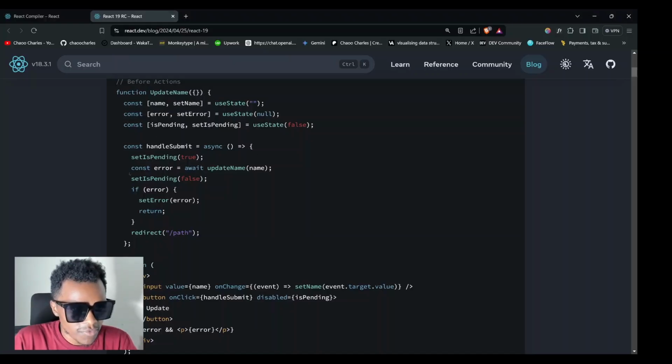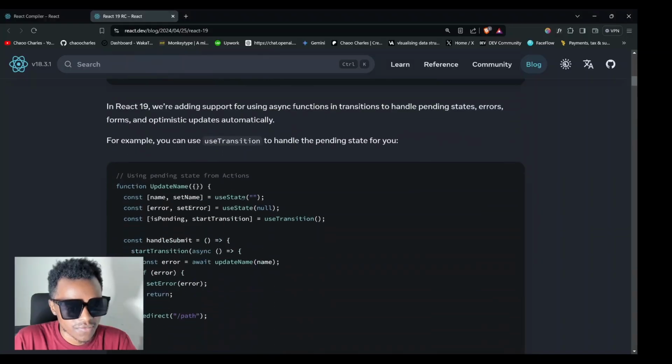And then before making the async call, we manually set isPending to true. And once the call is done, we manually set isPending to false. So we no longer need to do this. We just call startTransition and we pass the call in there,